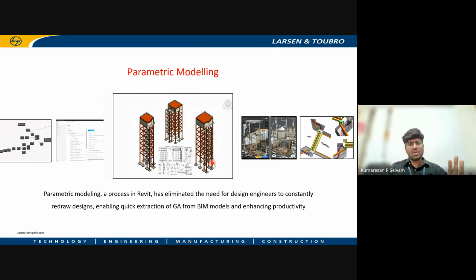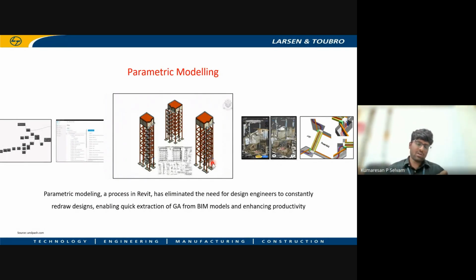Coming to some of the automations and in-house developments which we have done in BIM, here is parametric modeling, an in-house developed tool. The pump houses of different irrigation projects look similar, and all the components, like the ESR tank and everything, will be similar to one another, except for some dimensions and small variations.